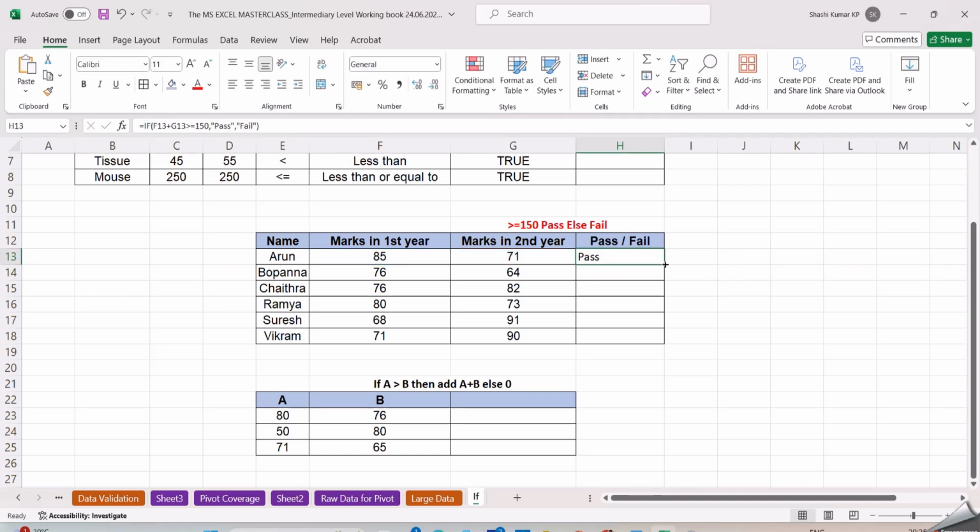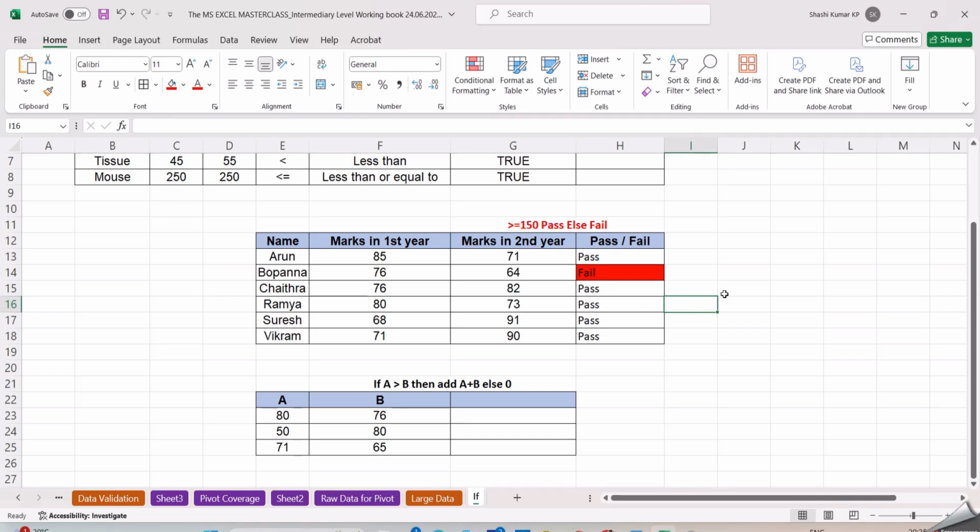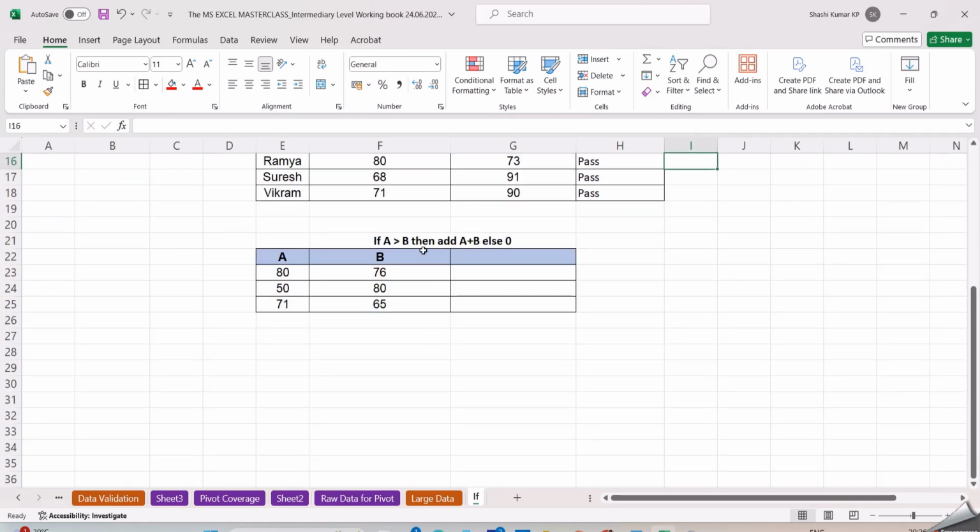Now you can see we have got the result here. Since I'm using the same logical operator formula, I'll drag it down. Now you can see we have got the results of all the students, whether they are pass or fail. This is how we can use the logical operator within the if function. Next we shall see another example. We have got another table here, and the condition given is if A is greater